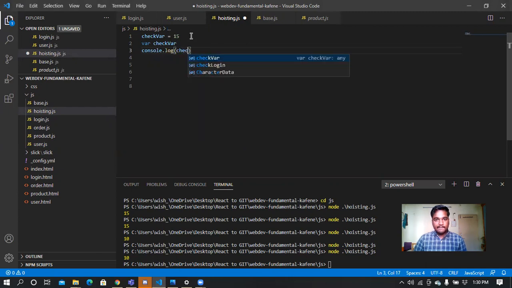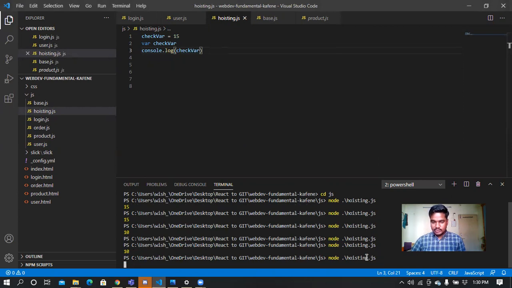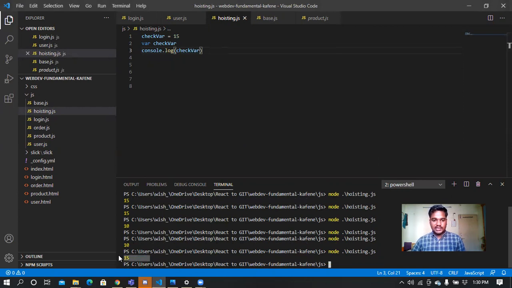So if we try to run this, you can see the result in here, 15. This works, which means we can declare our variable after using it. That's called hoisting. We can do the same thing with a function as well.